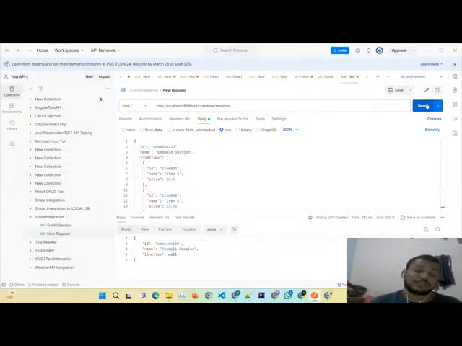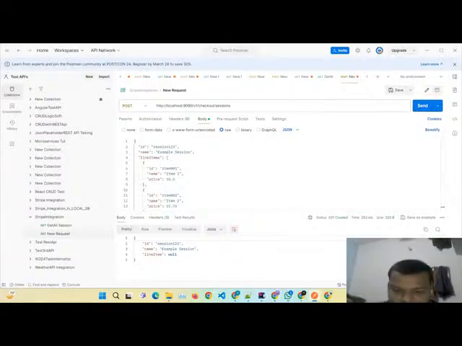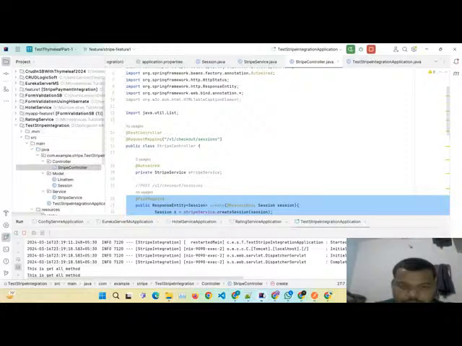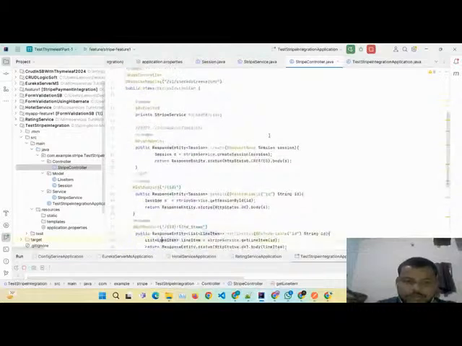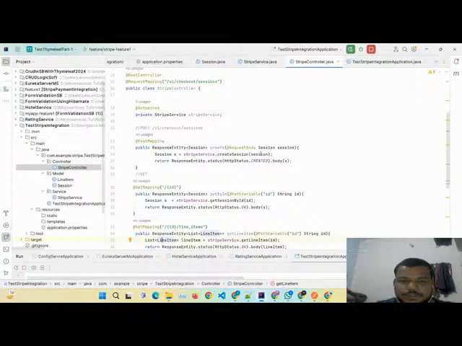Why is it returning null in line item? I put all the values for the line item, but why is it returning null? Okay, go through the methods again. The controller, what did I do? It's time to realize who finds the mistakes. Okay. Stripe, create session. Go to the